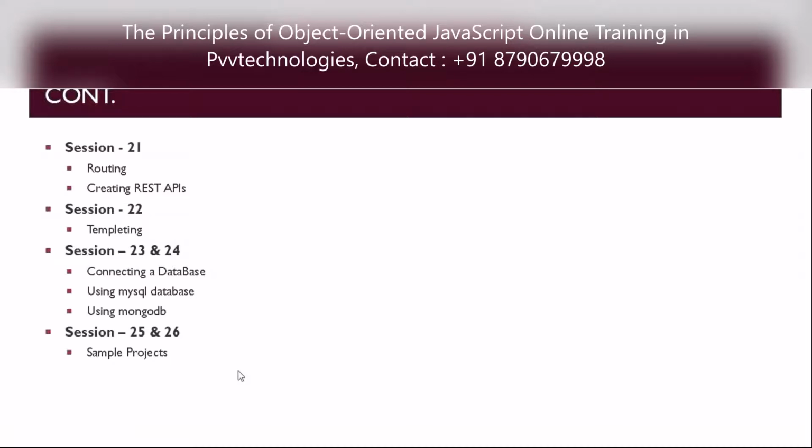So it gives you a way to manage the flow of the website as well. With the help of routing, you will be able to route your pages from one page to another, or you can just retrieve the data with the help of Ajax into the same web page.